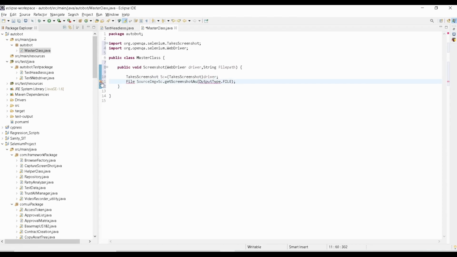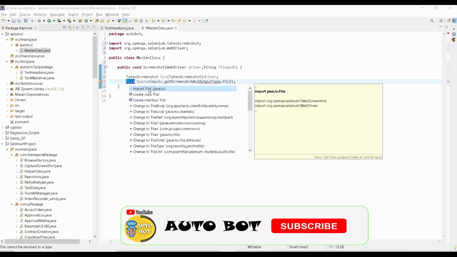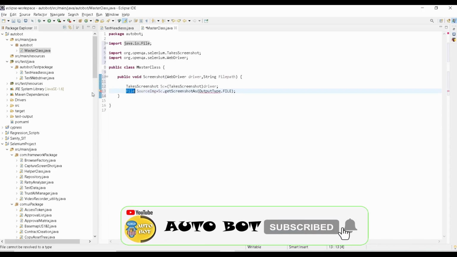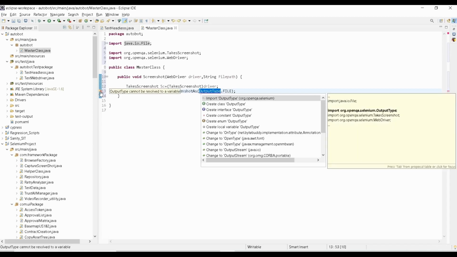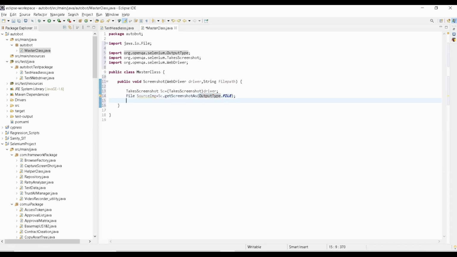We'll have to import File, and then import OutputType.